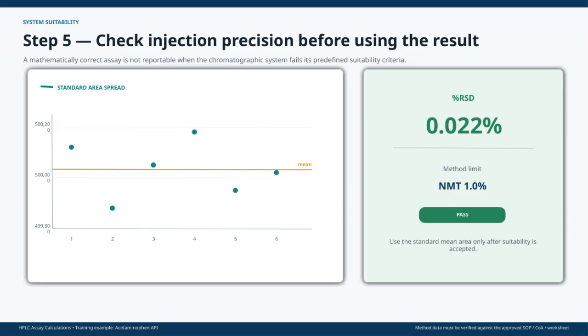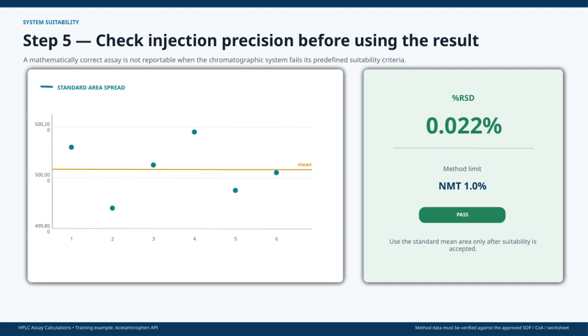In this slide, we're focusing on the importance of system suitability in HPLC assay calculations using acetaminophen as our training example. Before interpreting any assay results, it's critical to verify the method data against the approved SOP, certificate of analysis, or worksheet to ensure accuracy and compliance. Step 5 highlights the need to check injection precision prior to reporting results. Even if the assay calculation itself is mathematically correct, it cannot be considered valid if the chromatographic system fails the